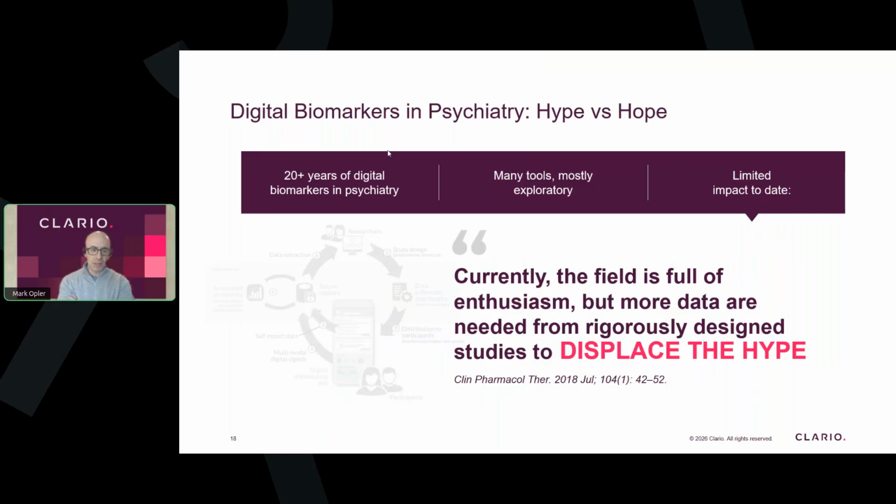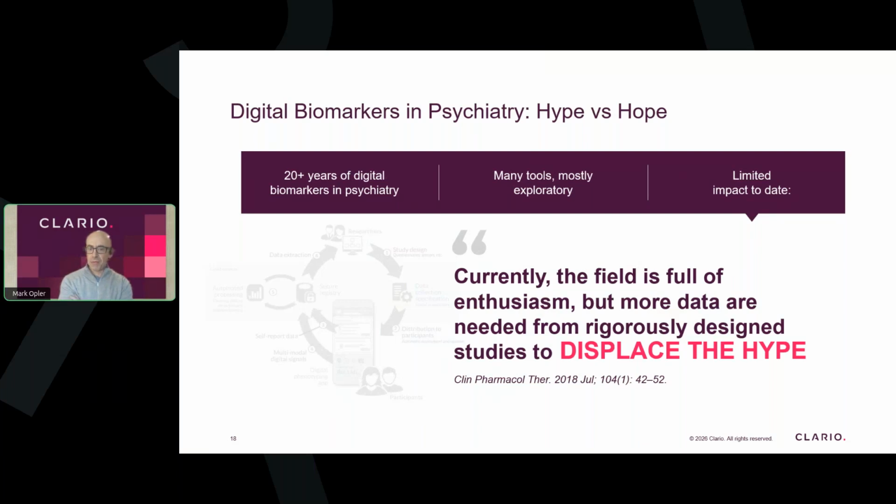It's getting older, but it's still true. This is a quote from a 2018 paper in Clinical Pharmacology and Therapeutics: that currently the field is full of enthusiasm, but more data are needed from rigorously designed studies to displace the hype. So, 20 or more years of efforts to create digital biomarkers in psychiatry, aided recently by AI, has